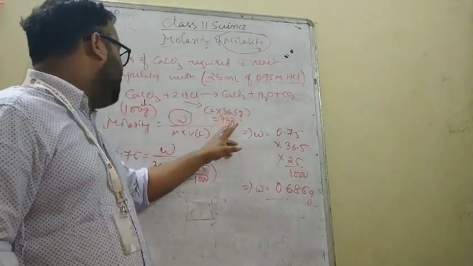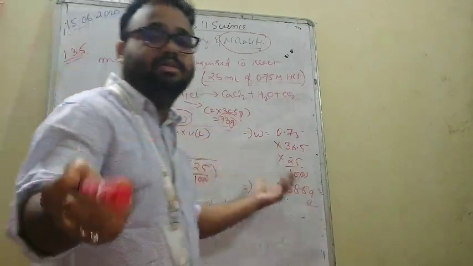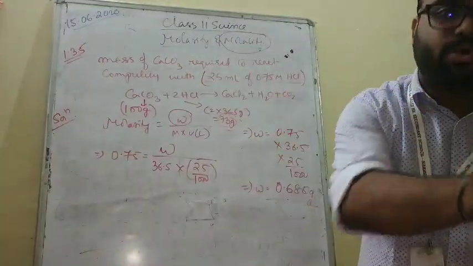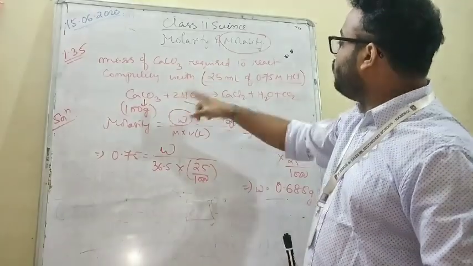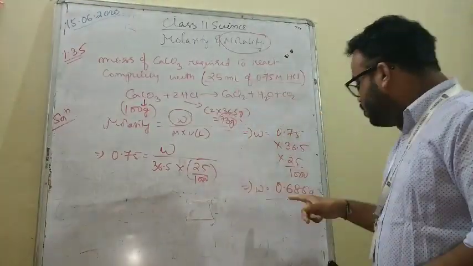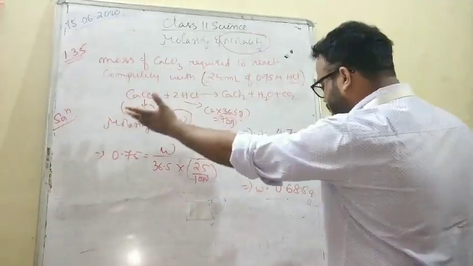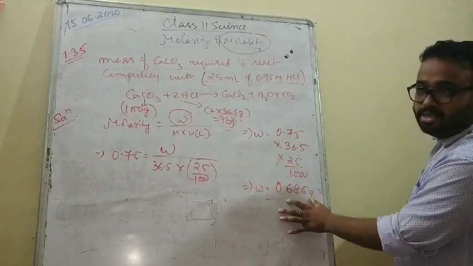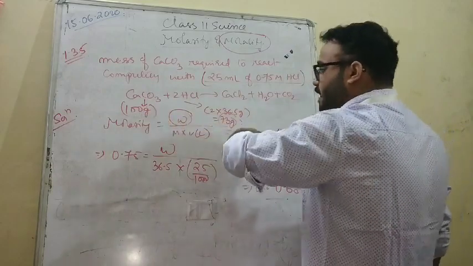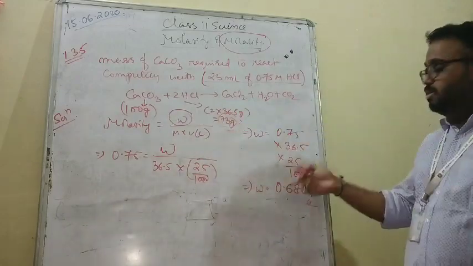For 73 gram you need 100 gram. So for this much gram, how much calcium carbonate do you need? That is the answer. So this question is like a mole concept question only: what mass of this will react with what mass of this. But the mass is not given, only this is given, so from this you find out the mass. So the question becomes what mass of CaCO3 is required to react with this. So 73 gram reacts with 100, 1 gram reacts with 100 by 73, therefore this much reacts with 100 by 73 into this. That is the answer.